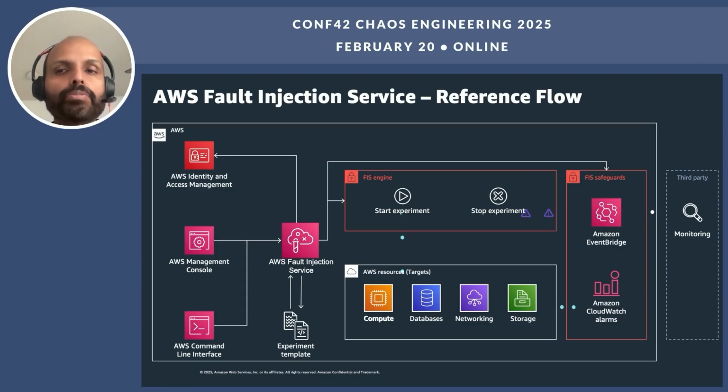FIS then performs these actions on the AWS resources specified as the targets when you start the experiment. You can then monitor the experiment using CloudWatch. FIS also integrates with Amazon EventBridge, allowing you to use a monitoring tool of your choice to observe the behavior of the application in question.